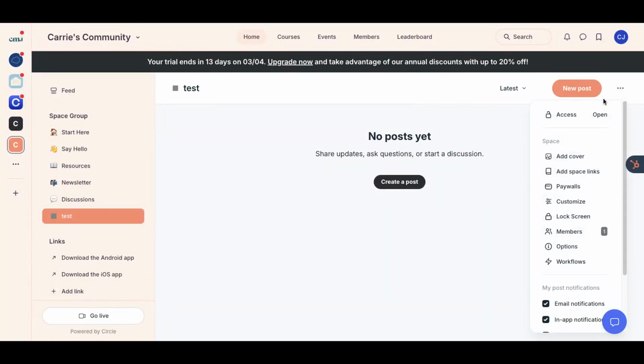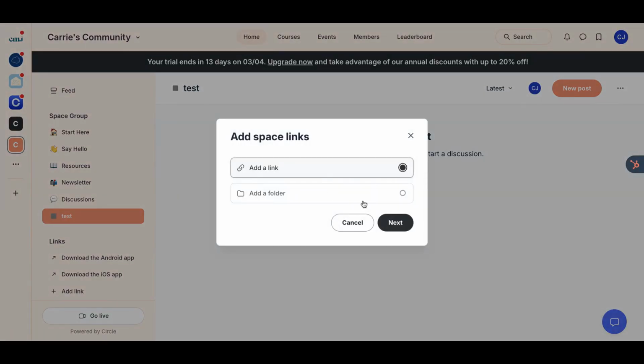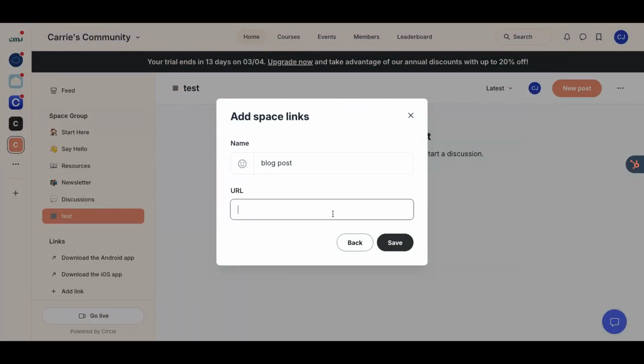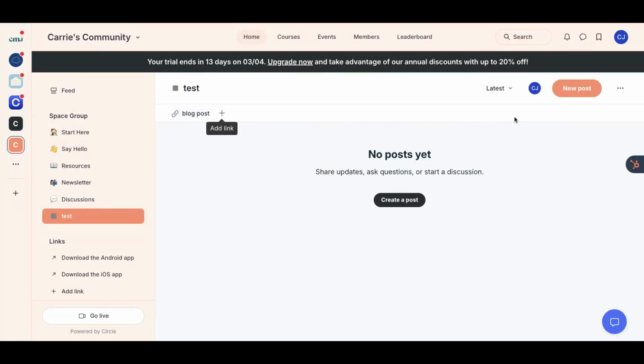And then after you've created it, you can get a lot more deep into the design of the space from here. You can do things like add a big cover banner, like the one that you saw in Jamar's community. You can add links across the top. So if I decide to add a space link here, I can either add one link or a folder. So if you have a bunch of courses you want to link out to, or blog posts, you can add them, and then it shows up. I think you have to put HTTPS. There we go, and then it shows up here. I'm not sure if they limit you in terms of the number, but that way it's really easy to pin resources to the top of your communities.